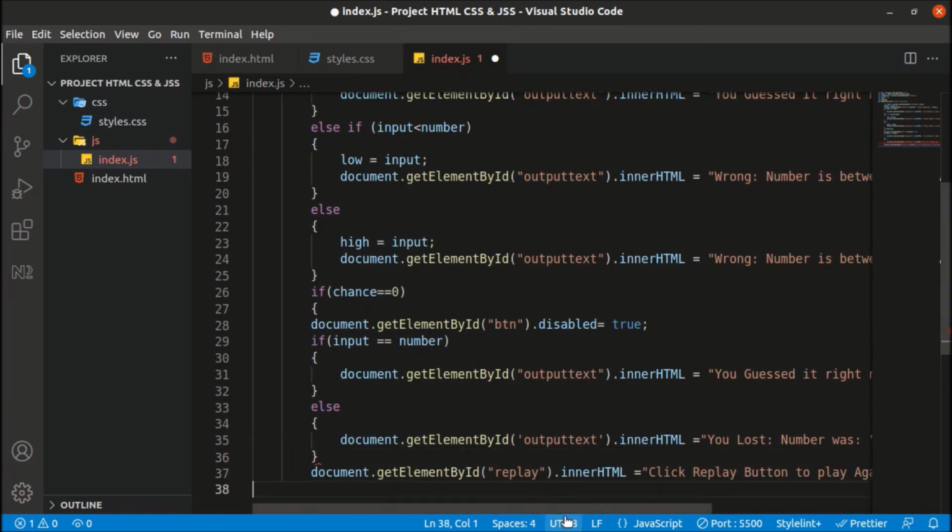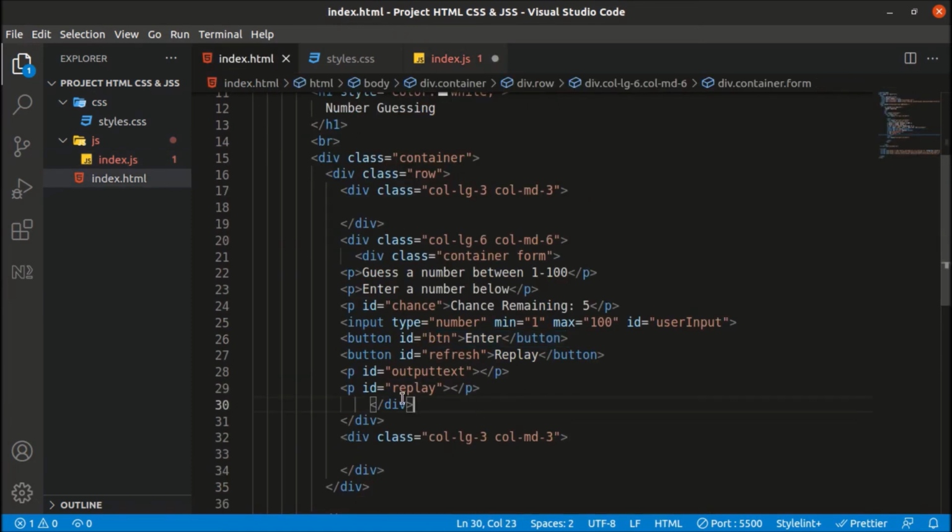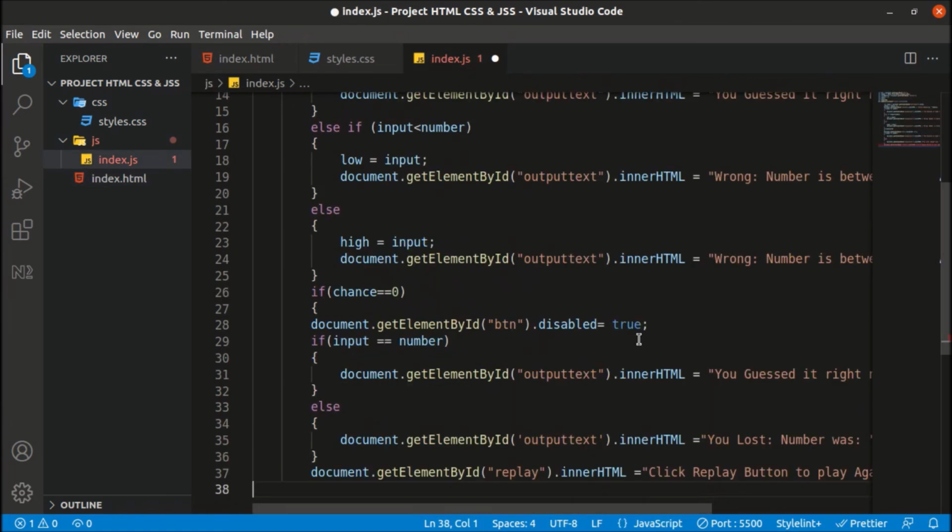After that we can show the text in this paragraph tag, this replay, where we are using the id replay. We can change the inner HTML from blank to "Click replay button to play again."